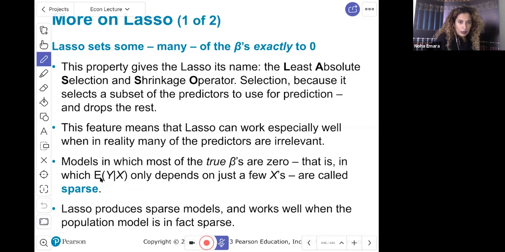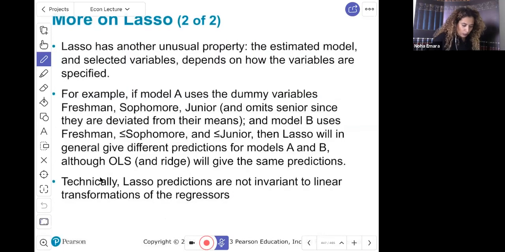Again, this lasso estimation methodology works best when you have so many predictors that are irrelevant, because it would just remove them. But it has a disadvantage. The disadvantage is it's very sensitive to how you are estimating your variables. So if I have dummy variables for freshmen, sophomores, and juniors, and you're omitting seniors to avoid the dummy variable trap,